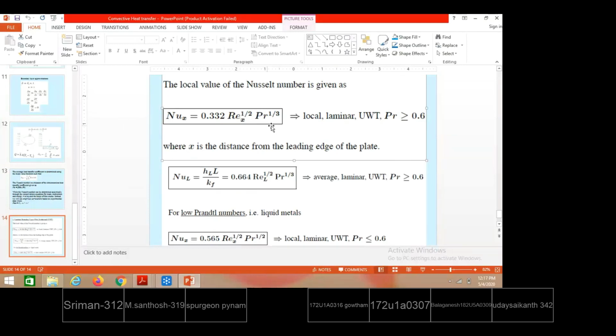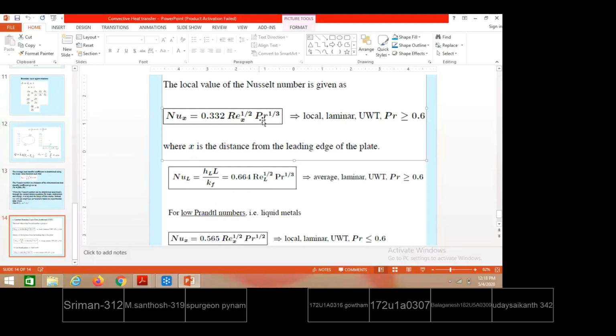So from the variation of problems, suppose the flow is happening externally, on another occasion internally, on a cylindrical surface, on a spherical surface, or on a bank of surfaces. Therefore, depending upon the situation of the convection problem, the combination of Nusselt number, Reynolds number and Prandtl number, and the constants also, will be changing. So from the curve fitting method, we get the appropriate relationship.